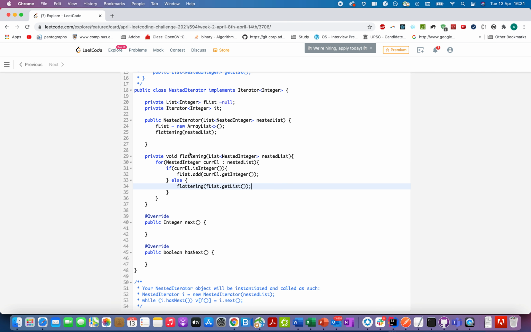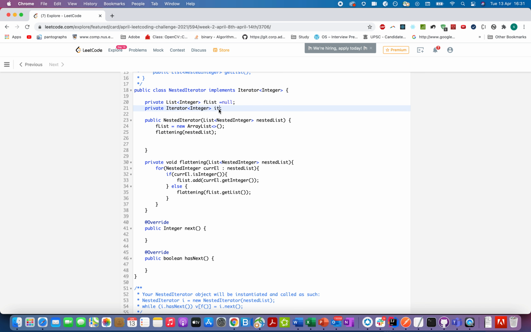I think we are done with the helper method, and let's initialize the iterator. So it becomes equal to f list dot iterator. So that is the inbuilt method of Java, and when we have to return the next element, we will check whether there are more elements in the list or not.